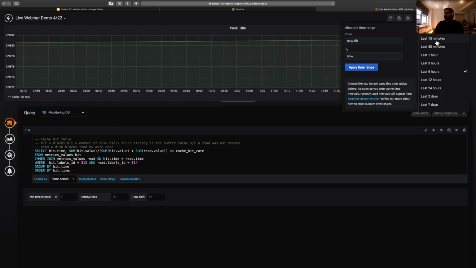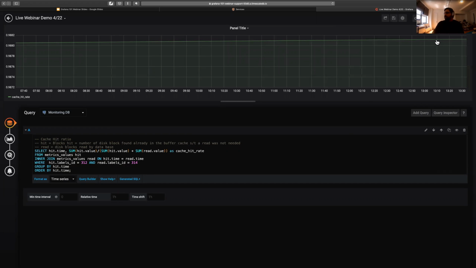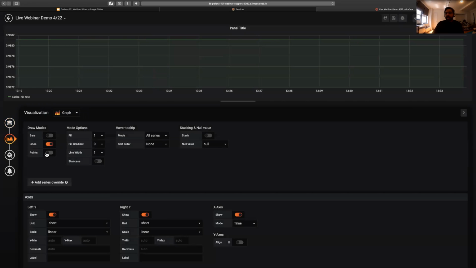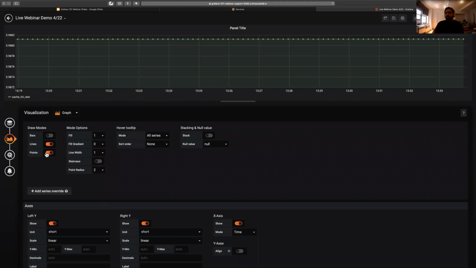This shows you for the last 6 hours. If I do it for like the last 15 minutes, you can actually see this database, I'm not really querying it that much, so the ratio is fairly constant. You can also play around with things like having points on your graph that shows you where the actual data points were calculated at. And you can play around with things like the fill and fill gradient